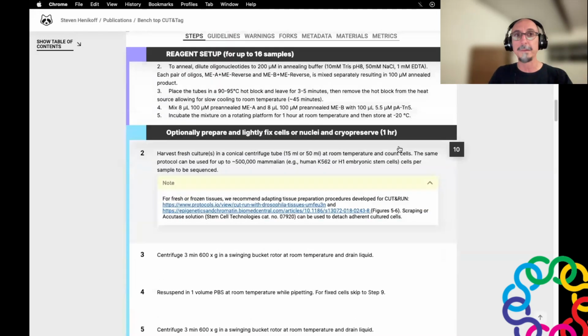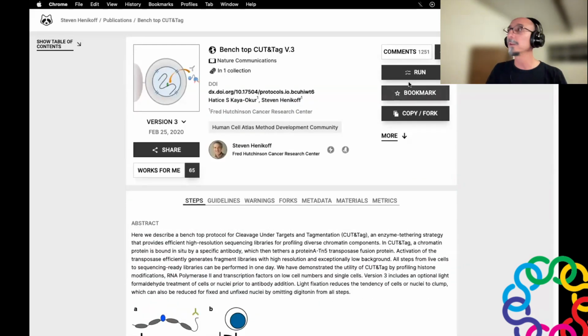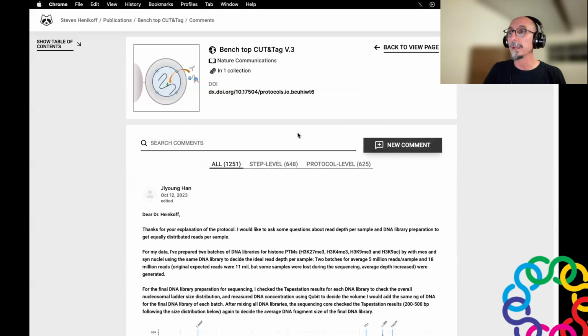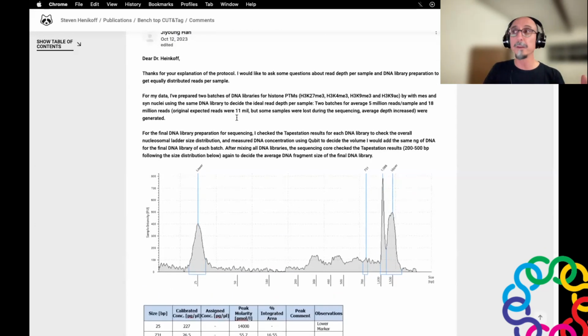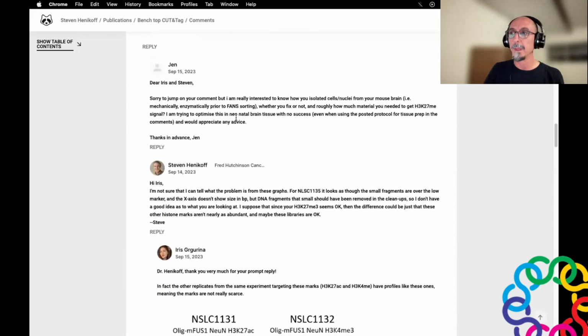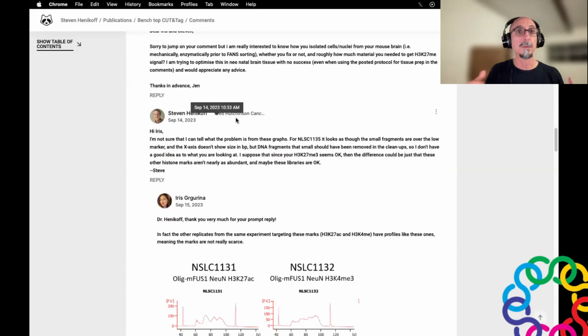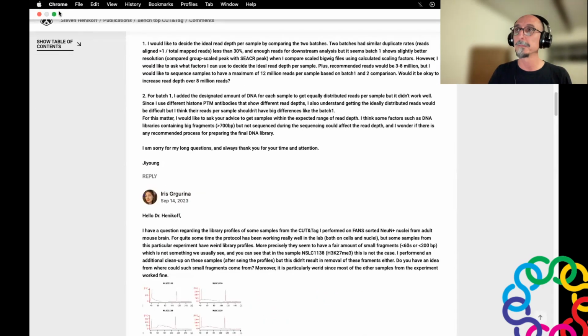Again, the protocol is detailed, it has sections and so on. But what I want to show is that any reader can come, click at the comments, and see the conversation between users of the protocol that write to the authors with questions and the author responses. These comments, again, can be supplemented with images. And this is an open, scholarly discussion that could potentially lead to collaborations.